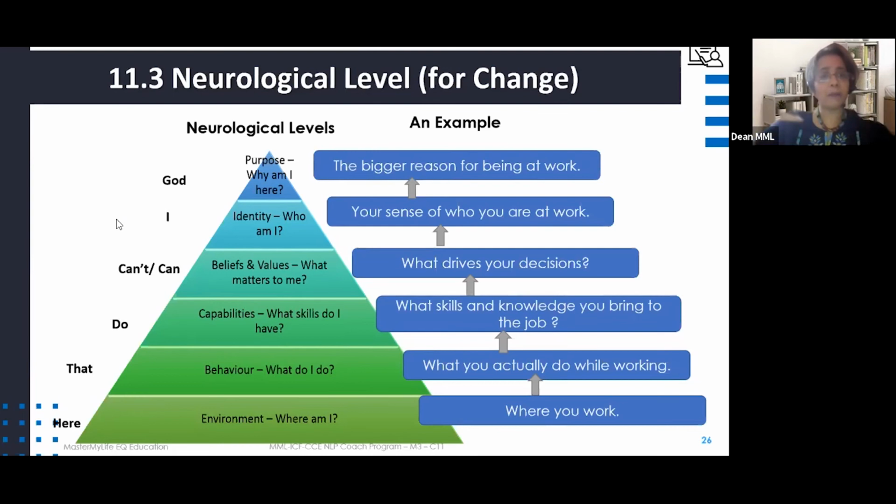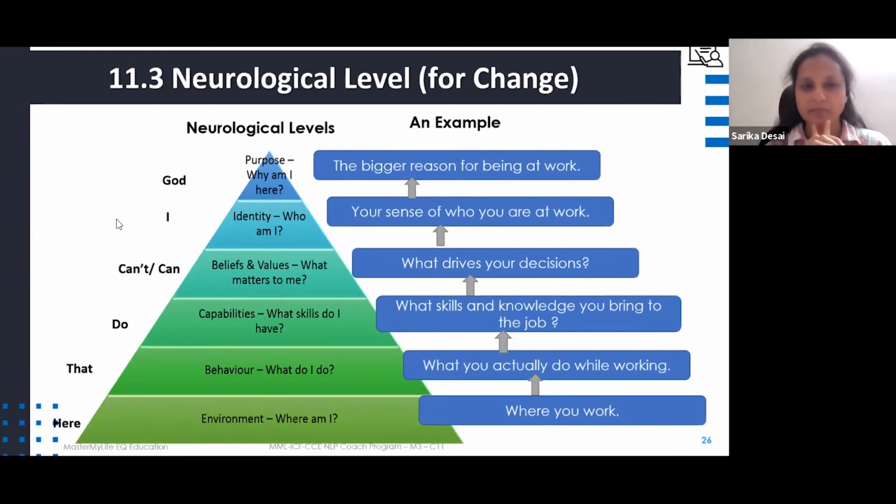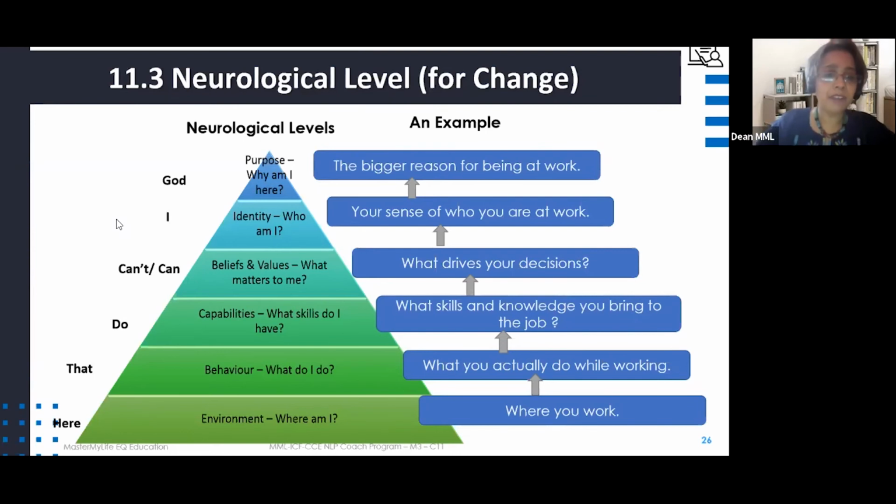and so get down to behavior, and then talk about capability, right? So it's a dance between all these levels. It doesn't have to be sequential, but constantly looking at and getting a sense of, is the client going into a deep reflective state?